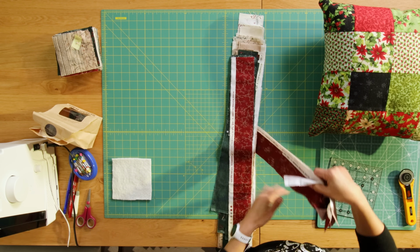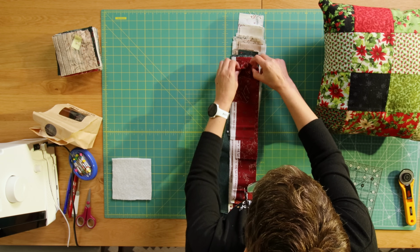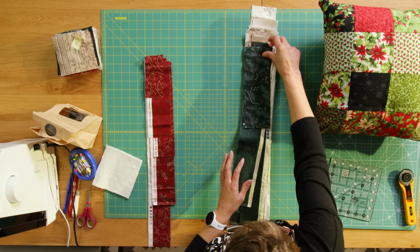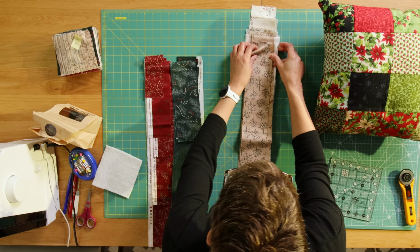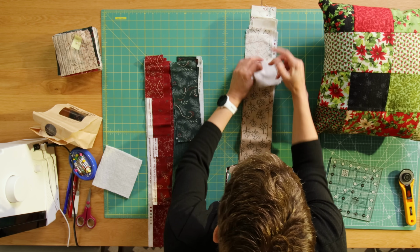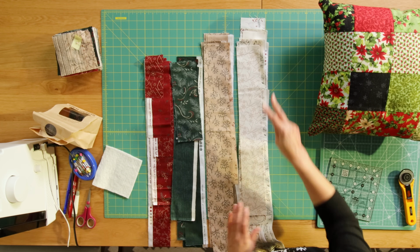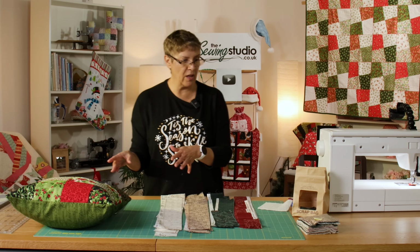But I generally tend to just separate them out into their colours, and I've got 4 colours in this one. So I've got the burgundies, greens, some tan ones, and some lights or whites in this. And in this one in particular, there's quite a lot of lights, but they're really nice colours. So I thought, well, actually, we've got 4 colours there, so I could definitely recreate that cushion because we just